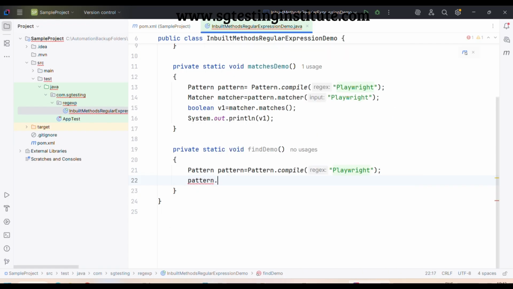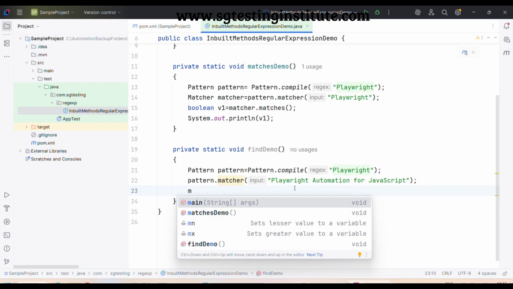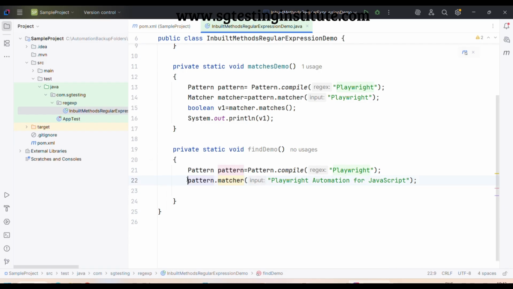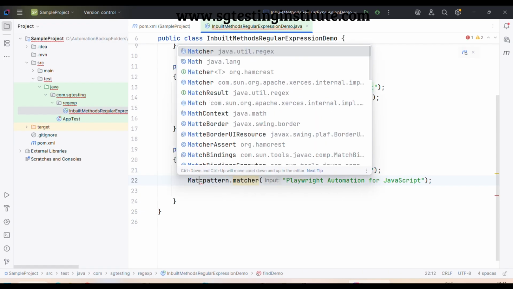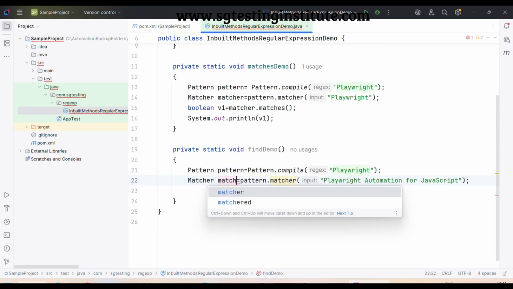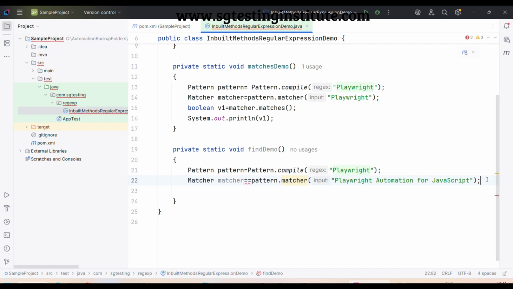By using the pattern object, we can access a method called matcher. We can provide the character sequence. Now I'm going to provide the character sequence: Playwright automation for JavaScript. I just provided some text content. After creating the object, it returns the matcher object. So by using this particular matcher object,